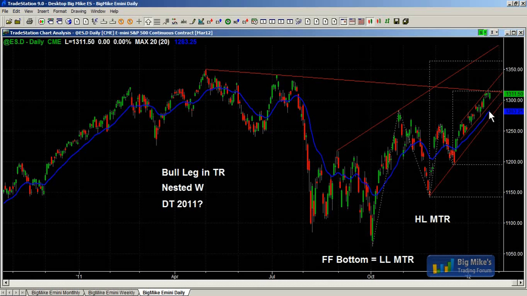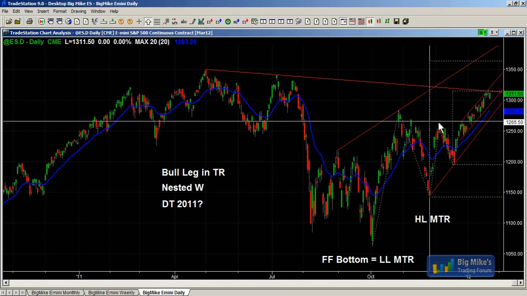Next support would be the trend line. Next support would be the moving average. Next support would be this lower trend line. Key support would be this resistance area. The market could not get above the 1260 area after many, many attempts, and then finally got above it. So resistance becomes support. So at some point in the next month or so, I assume we'll have a pullback to the 1260, 1265 area, and I assume support will hold.